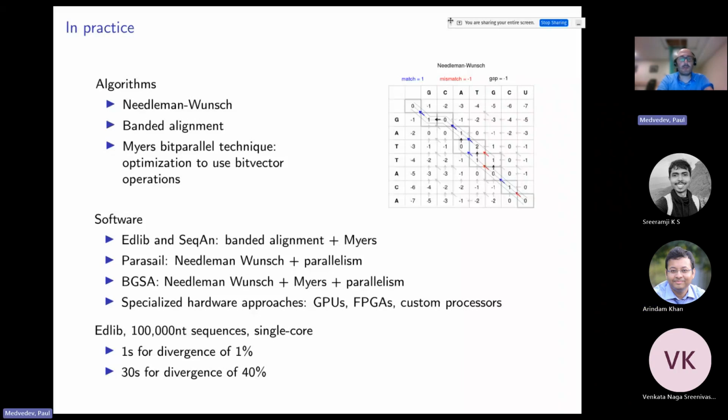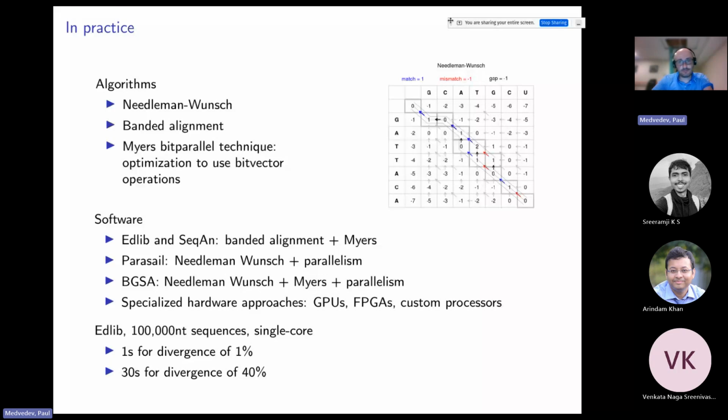Thanks. Okay, so first, let's see what's the reality of what's used in practice. Basically, I found for this problem, 3 basic algorithms are used in combinations of them. The first is the Needleman-Wunsch algorithm for edit distance. This is a classic 2-dimensional dynamic programming algorithm that sometimes is even taught in undergraduate courses.